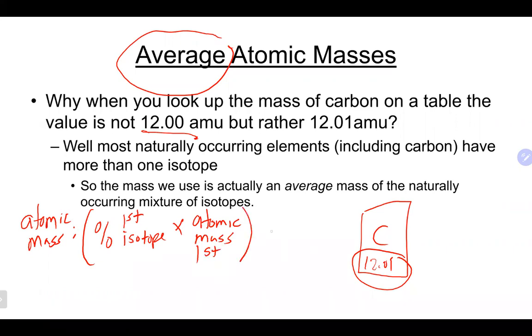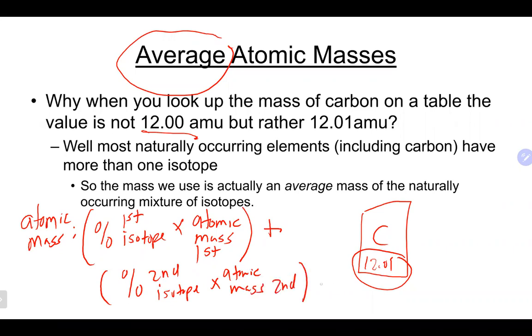And then the next thing we do is actually add it. And we do a similar pattern. We take the percentage of the second isotope times the atomic mass of the second isotope. And then, if we have 3 isotopes, we just continue that pattern. We take the percentage at which that isotope naturally occurs, convert it into a decimal times the atomic mass of